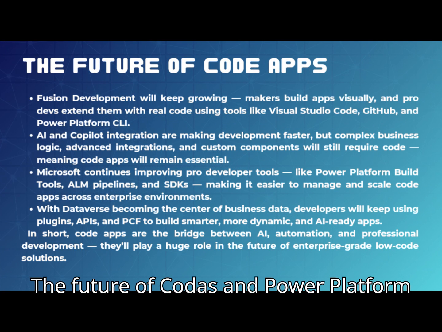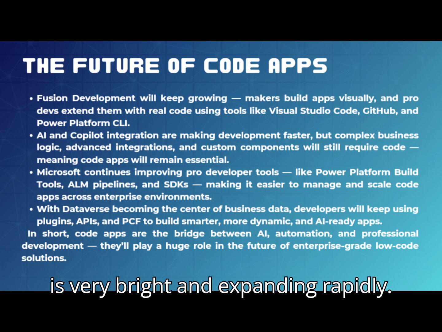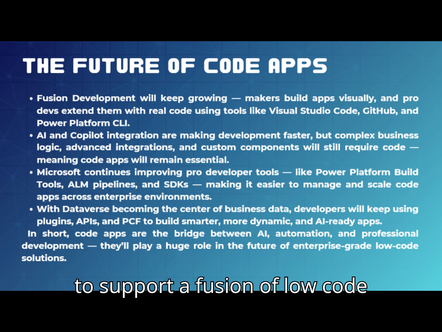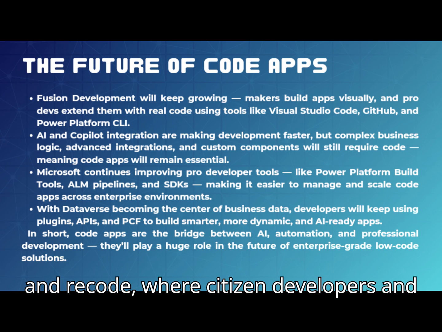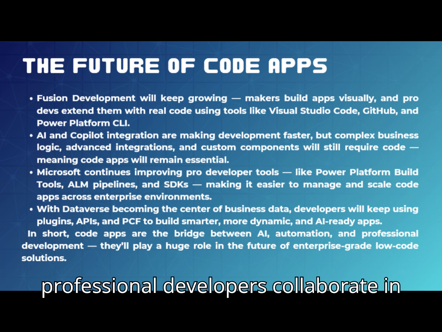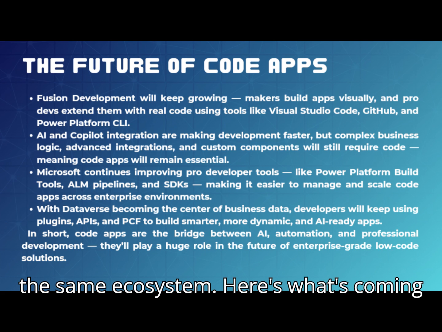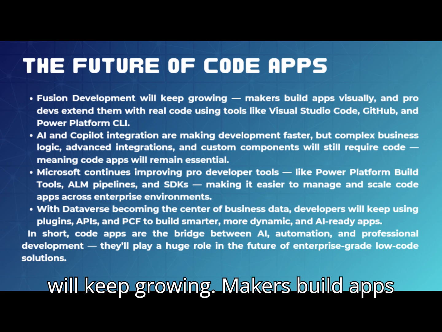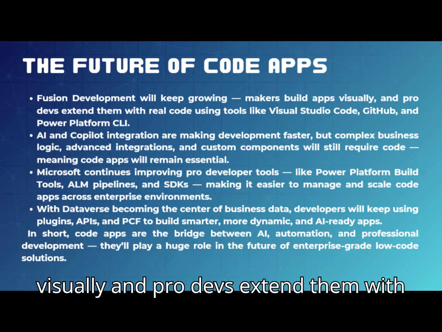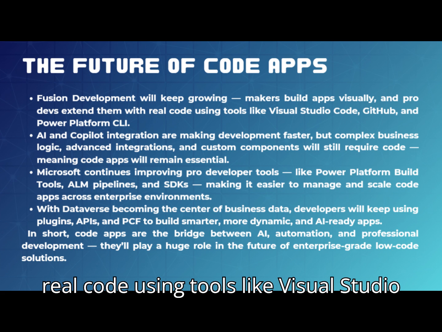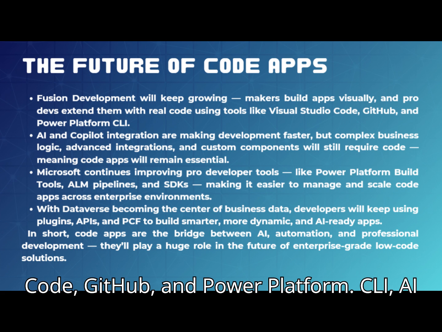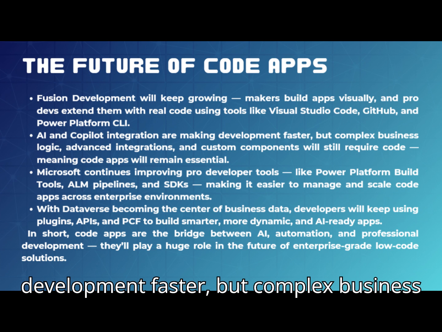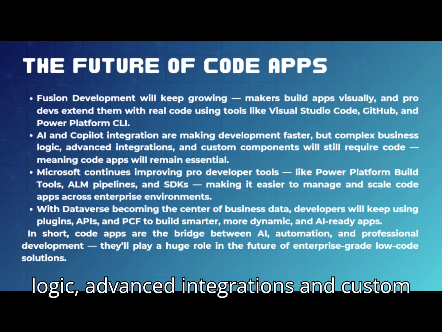The future of Code Apps in Power Platform is very bright and expanding rapidly. Microsoft is building the Power Platform to support a fusion of low-code and pro-code, where citizen developers and professional developers collaborate in the same ecosystem. Here's what's coming and why it matters. Fusion development will keep growing. Makers build apps visually, and pro devs extend them with real code using tools like Visual Studio Code, GitHub, and Power Platform CLI. AI and Copilot integration are making development faster, but complex business logic, advanced integrations, and custom components